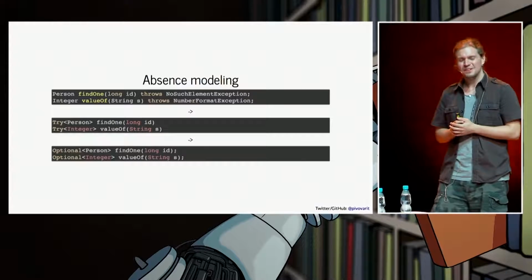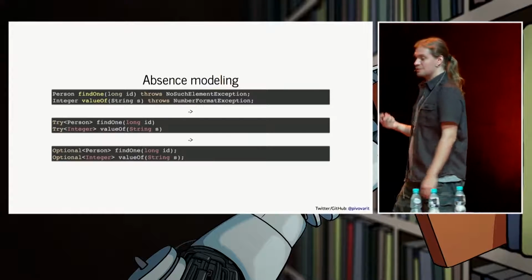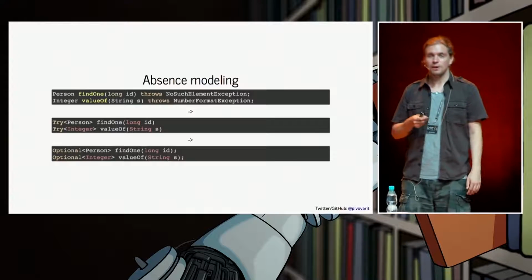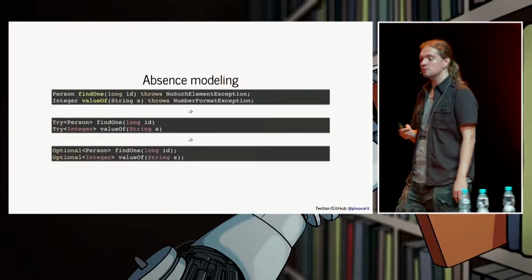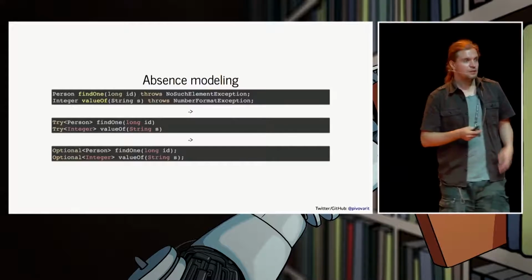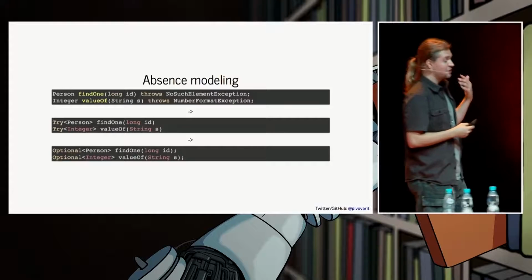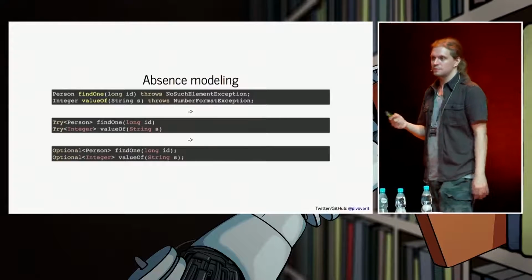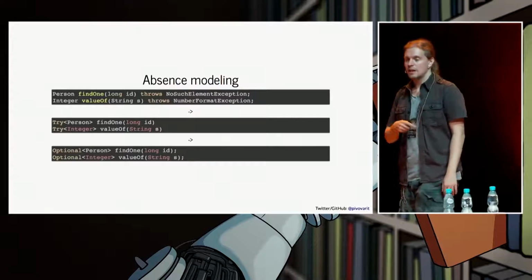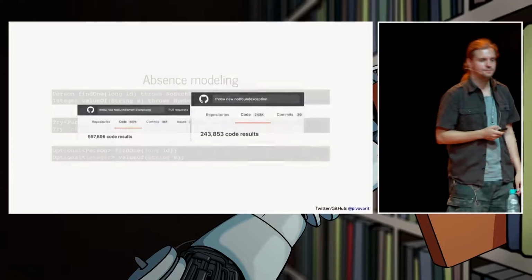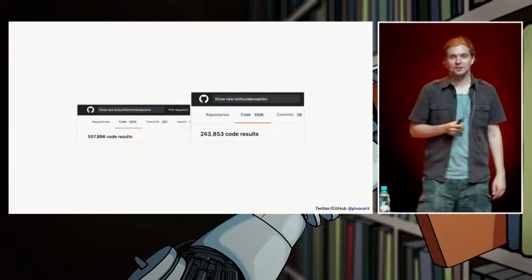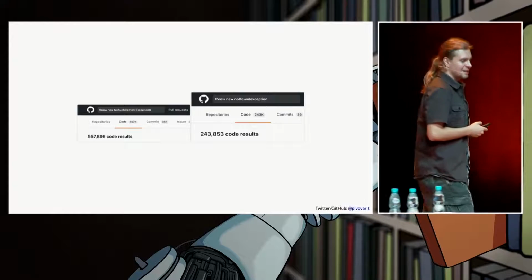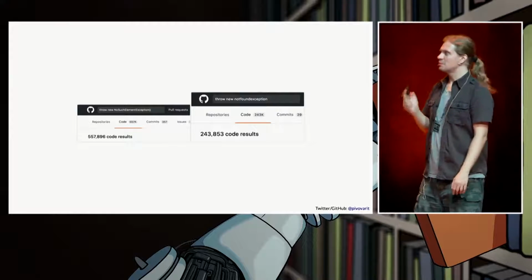Well, in many cases, it turned out that the easiest way to go would be to simply use options. We can simply abandon exception handling and remember that if we are dealing with optionality, we have an option for that. If you throw an exception, especially a checked one, it forces the consumers of your API to handle it in a special way. With those tools, it's up to the consumer what to do with that. And if you actually start doing very naive searches on GitHub, you will see that this kind of code gets abused a lot. So we could actually be those that stop those numbers from growing.